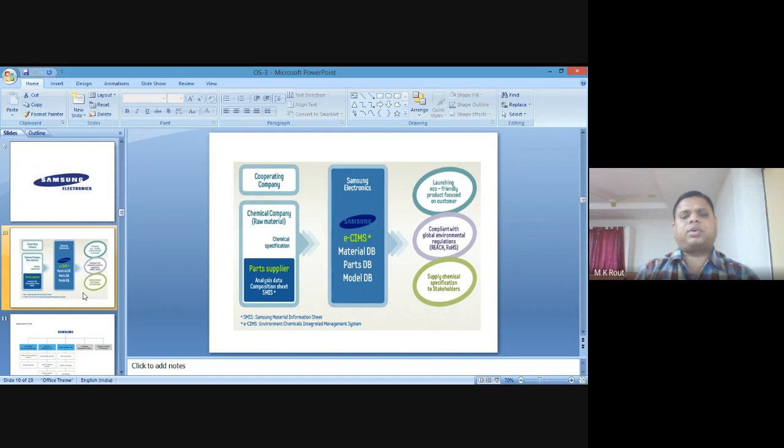But in making the different components, they directly or indirectly depend upon different corporate companies and chemical companies for raw materials, and on some part suppliers. The part suppliers analyze the data composition sheet, known as SIMS, Samsung material information sheets. So after getting the cooperation from the different companies, from chemical, raw material, and suppliers,